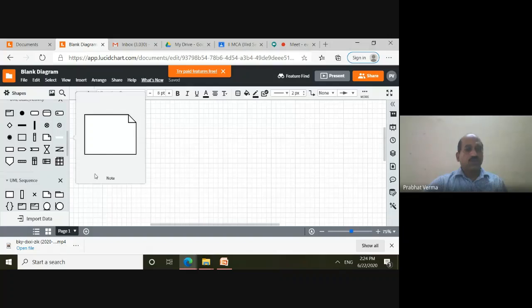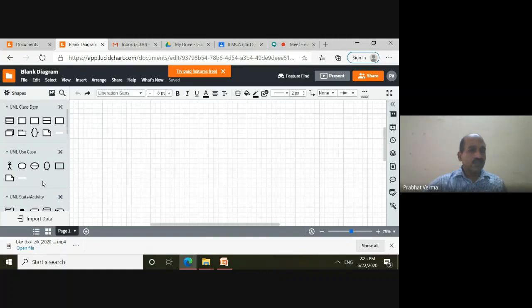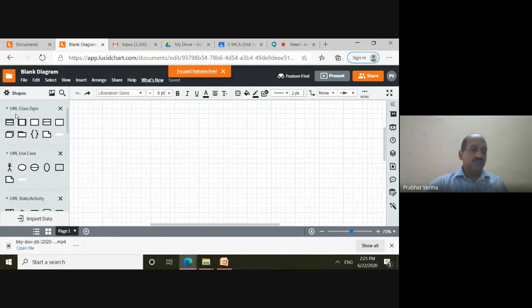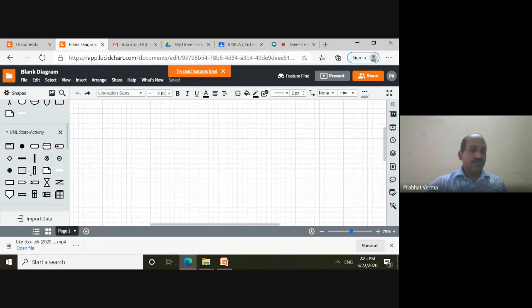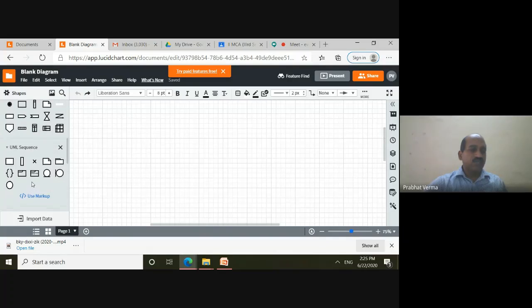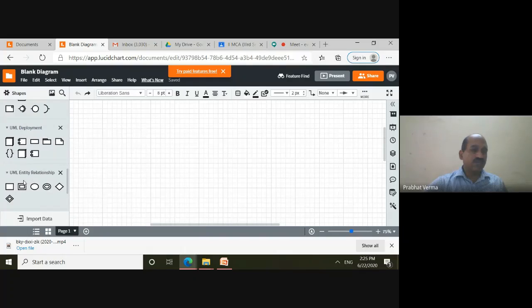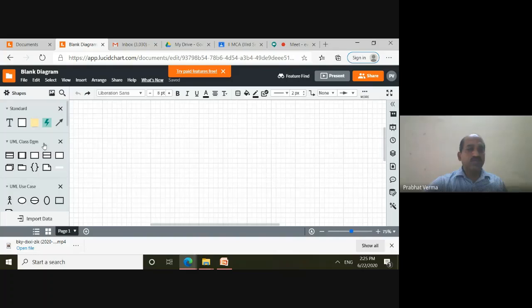So we see these are the various UML elements. These are for UML class diagrams, UML use case diagrams, UML state and activity diagrams, UML sequence diagrams, UML component diagrams, UML deployment diagrams, and UML entity relationship diagrams. So all these elements can be used in our UML diagram.